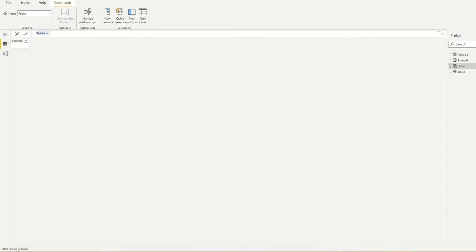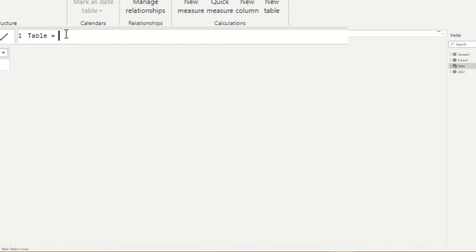So let's zoom in there a little bit, and you will see that they want you to name your measure or your table, and this is going to be this measure. This DAX formula is going to be called calendar. And what we're going to do here is basically create a calendar, and we're going to use for that a formula. In your DAX formula, you're usually going to use